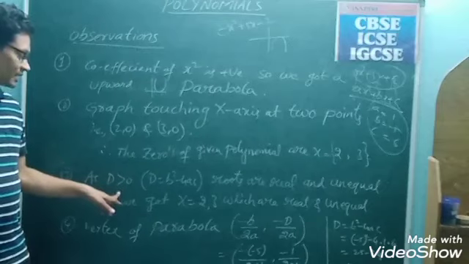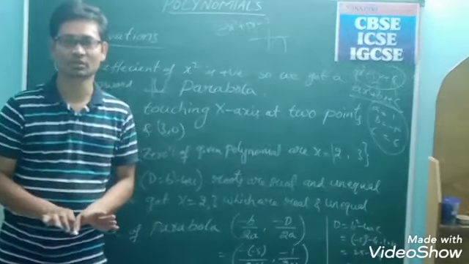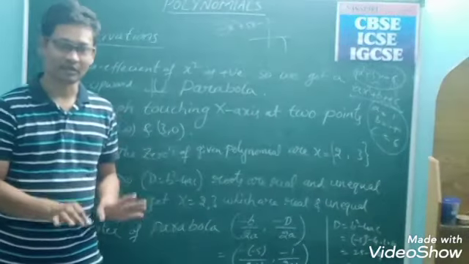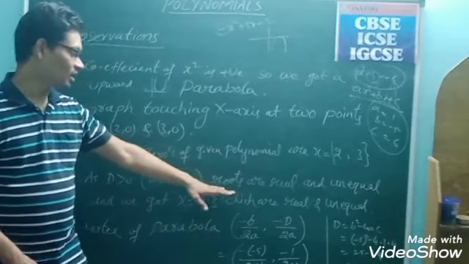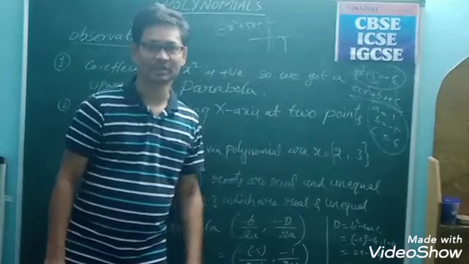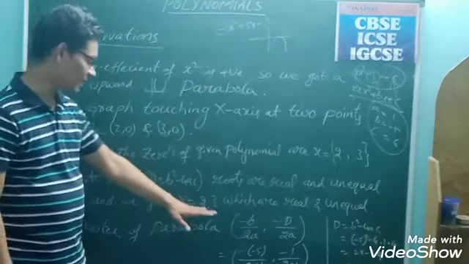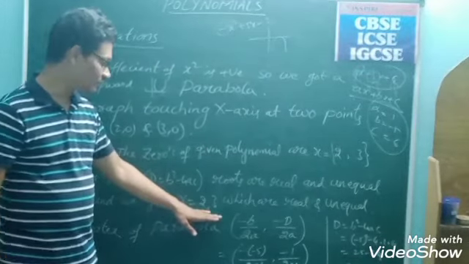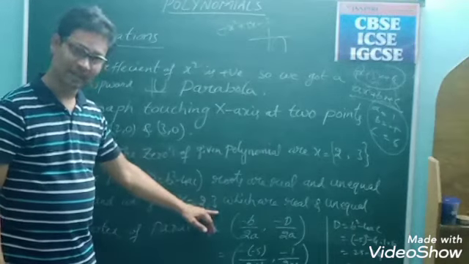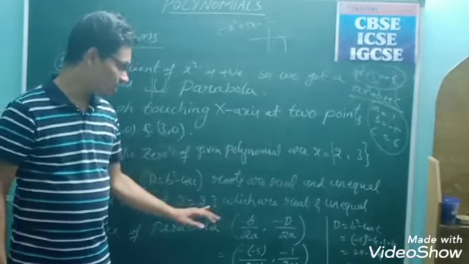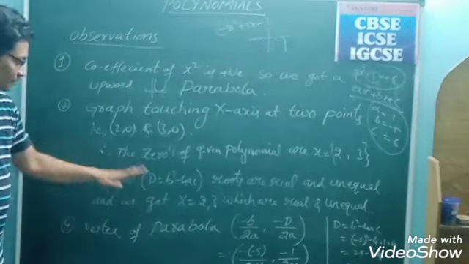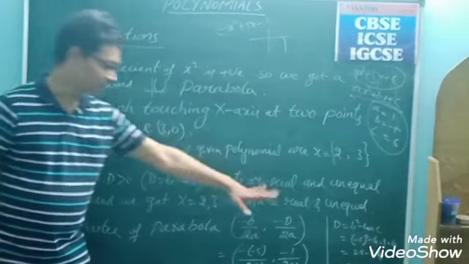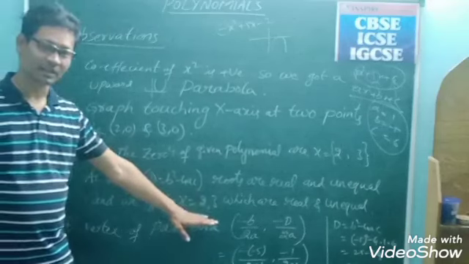As 1 is greater than 0, according to the nature of the roots, we must get two real numbers and they must be unequal. So roots are real and unequal. Yes, as per the graph also, we have got two real numbers, that is 2 and 3, which are also unequal. Both are different numbers. So as per the nature of the roots definition, it came true.